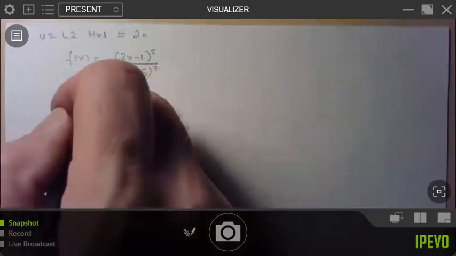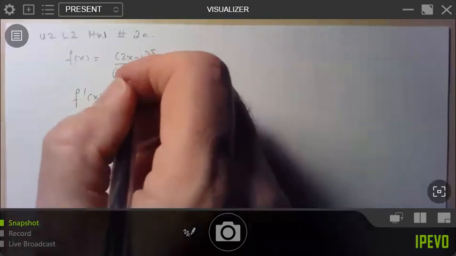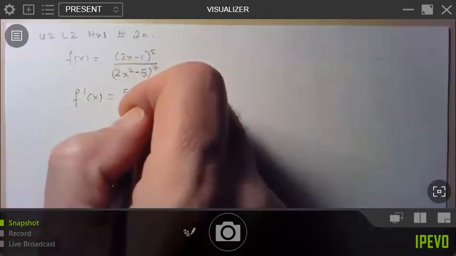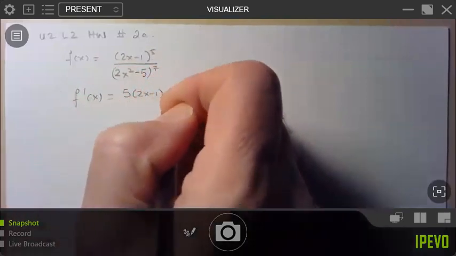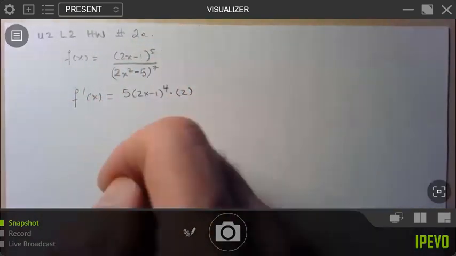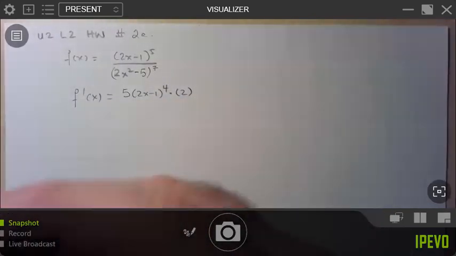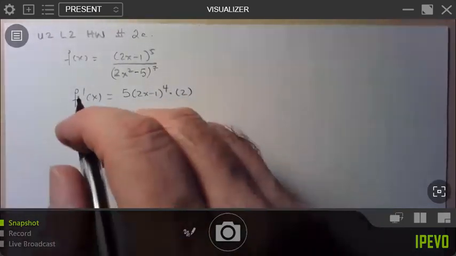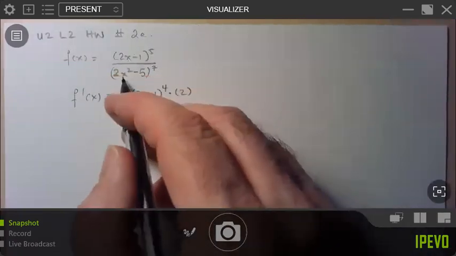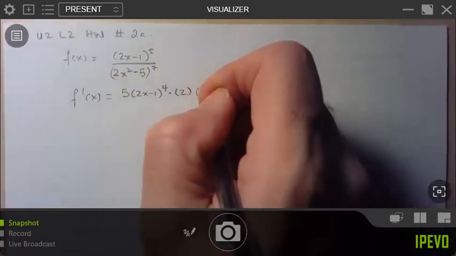Okay, so I'm going to try to do this a little quickly here. So the derivative of the numerator is going to be (2x minus 1) to the 4 times the derivative of 2x minus 1, which is 2. You see the way now I don't bother with the u and all that. I start to get comfortable just applying the chain rule as is, and then I'm going to multiply that by the